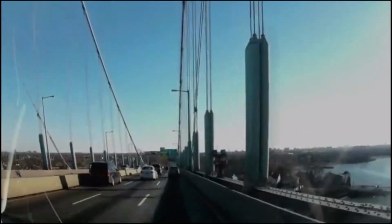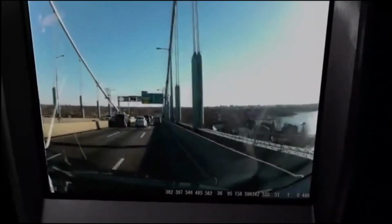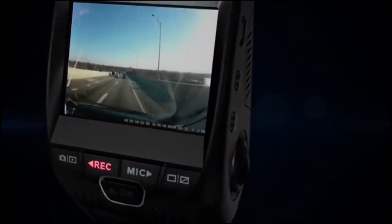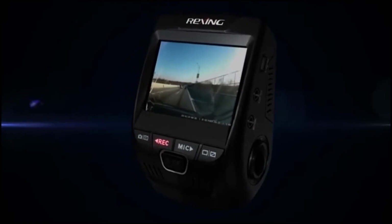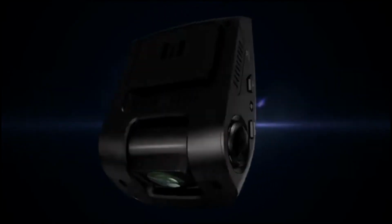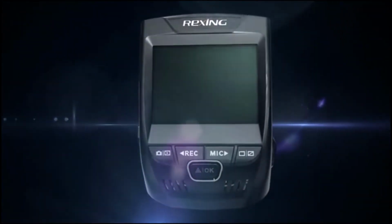of accidents, you need a device that can keep track of what happens on the road, that you can always rely on. We believe in a product that can secure and enhance your driving experience with an intuitive and powerful camera device. Built for high performance and reliability, introducing the third generation Rexing V1 Dash Cam with an optional premium